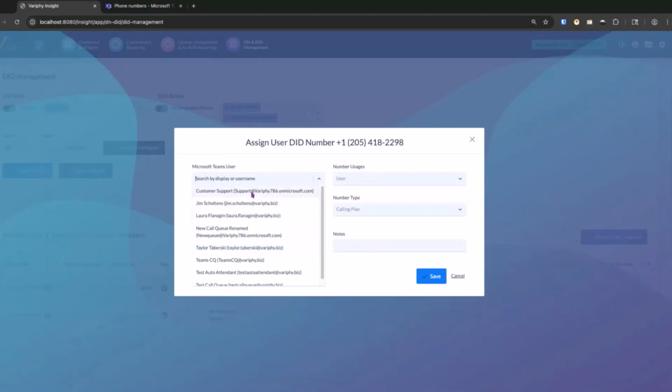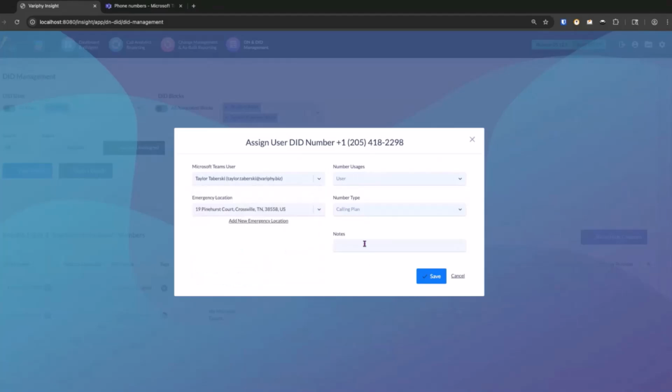So I'm going to select Taylor here, and same thing. I could say assigning Taylor to DID 2298. And also, right now within the emergency location, this is the old one that was assigned to Jim. If I wanted to assign this DID or Taylor to a different emergency location, it's kind of the same steps that we did for the user, right? So you would select this drop down and you'd be able to select one of the configured emergency locations to